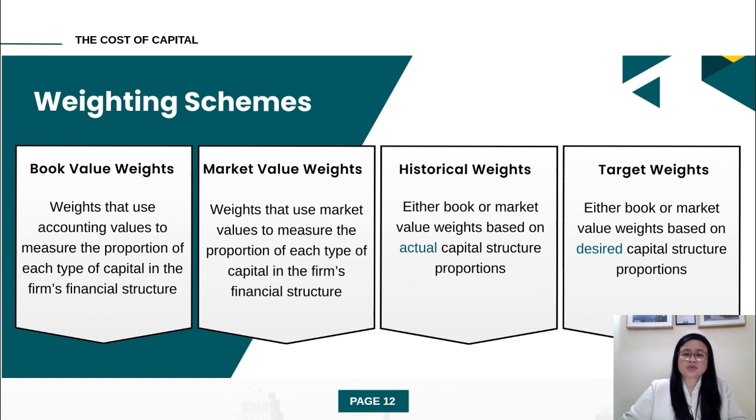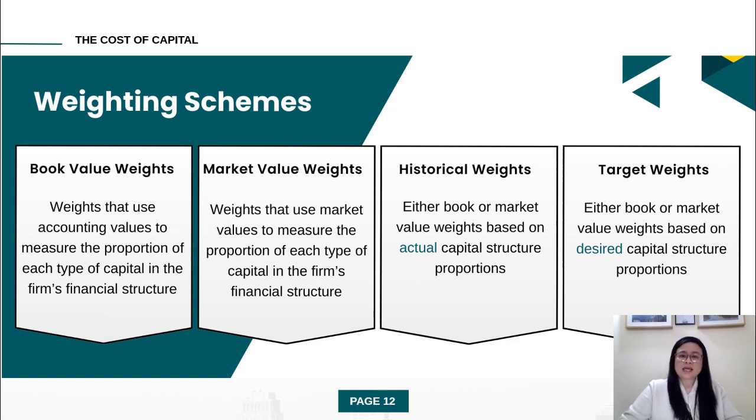And thirdly is the historical. This uses past capital structure percentages instead of current values. That's why it is called historical. Based on the previous financing decisions, for example, last year, debt was 35% of total capital, and this year, the same weight is used. So it uses the past ratios, which is good for consistency, and future goals, which is best for planning or forecasting.